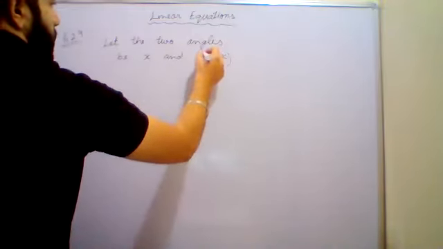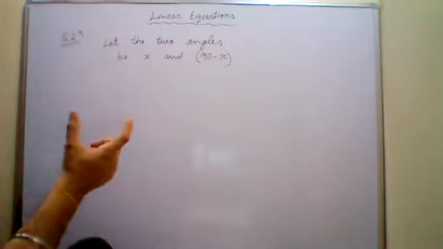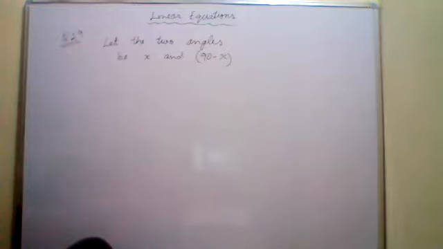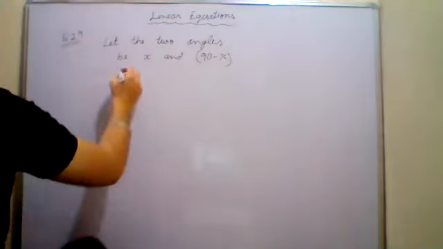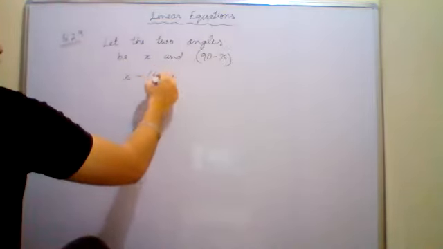X and 90 minus x. So these are the two angles. Now it is given in the question that the difference of these two angles is 8 degrees. The difference between these two angles is 8. Okay. So if the first one is x and the second one is 90 minus x, the difference